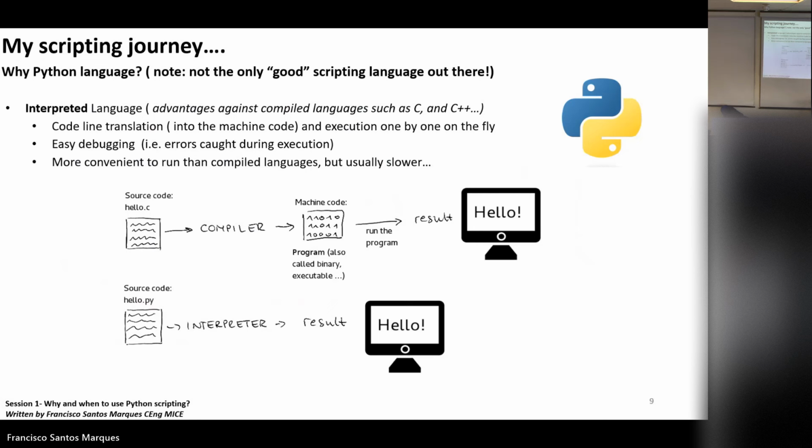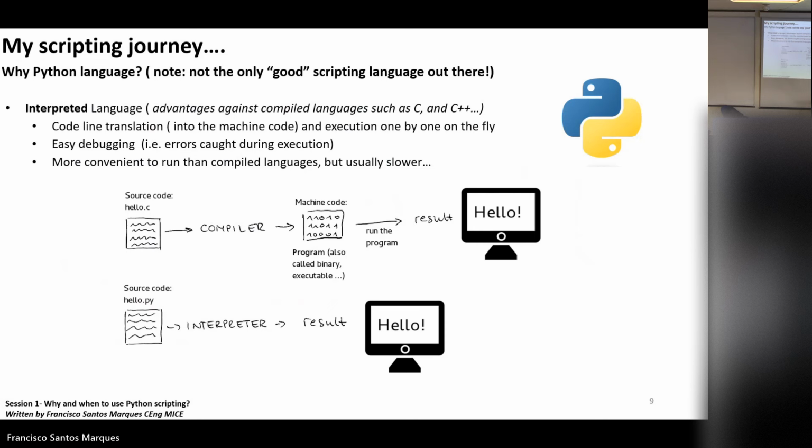Everything at once. If there's anything wrong in the code, the only thing you will get is just an error. You don't know what is happening. You don't know where the error is. It's more difficult to debug. Being an interpreted language means that you write your code in, for example, Python, and there's an interpreter that is going to run the code line by line. And if there's a problem in your code, on that specific line, it will stop there, and you know exactly where the error is. So in a way, it's much more user-friendly and helps people to understand what the program is doing.